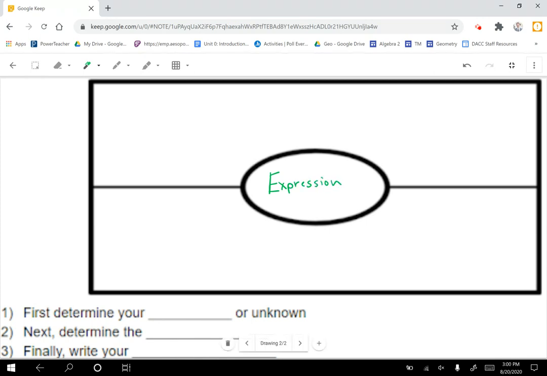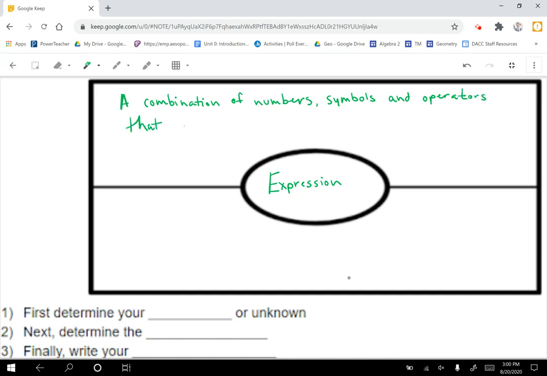And our definition of expression is a combination of numbers, symbols, and operators that produce a value. So an example of that might be, in that ice cream example, $2 per scoop, so 2 times X, and